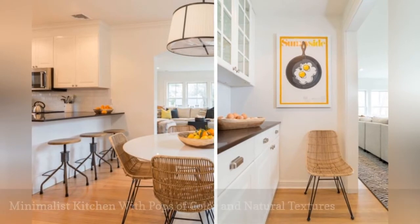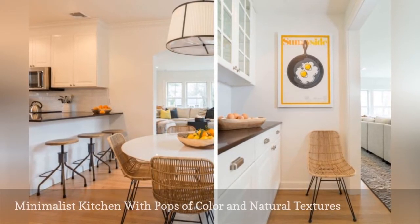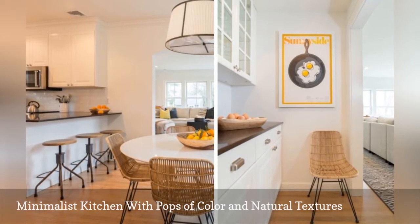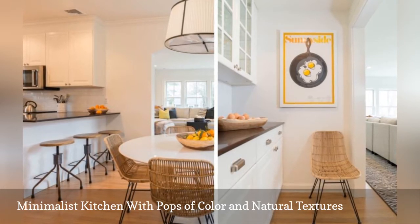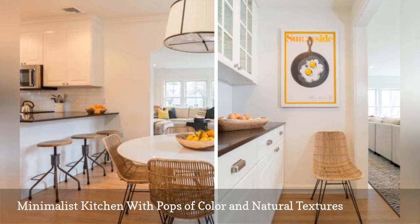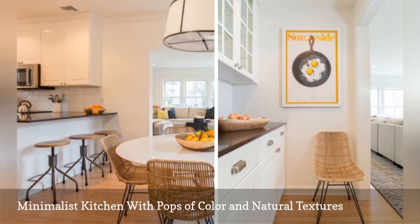Minimalist cooking spaces are all about making less feel like more, according to interior designer Fiona Leonard. Her version of the aesthetic is all about keeping surfaces free of extraneous stuff by giving kitchen tools and countertop appliances a specific place inside cabinets. She also finds that having a white kitchen with a few simple pops of color and natural textures creates the